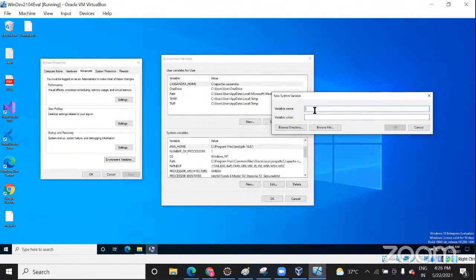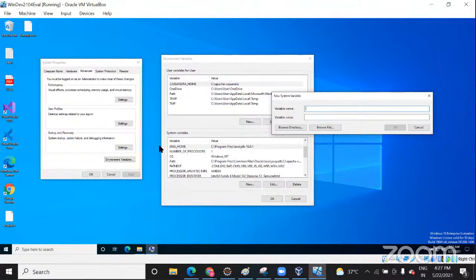Type it in capital letters, JAVA_HOME, as I type it here, and then you need to give the path till your Java JDK, not bin. In my system it is not there only, so you just add it there. Are you done till that? You need to type capital JAVA_HOME, Java underscore home. Yes, I've done.